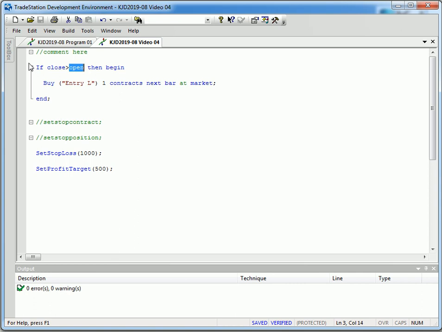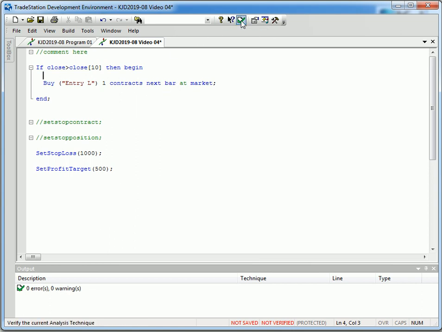So all we would do right then is just type in this. So this says if the current close, if there's no bracket number, it means the current close is greater than the close 10 bars ago. And you can see this is in brackets. It's not in parentheses or anything. It's in brackets. And so Easy Language uses that to define the number of bars back. So it will be 10 bars back, the close, compared to the current close. And if the current close is greater than the close 10 bars ago, it will buy one contract next bar